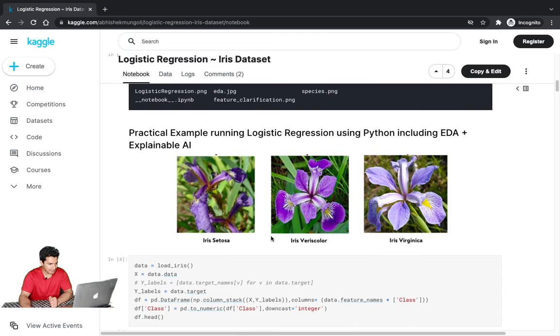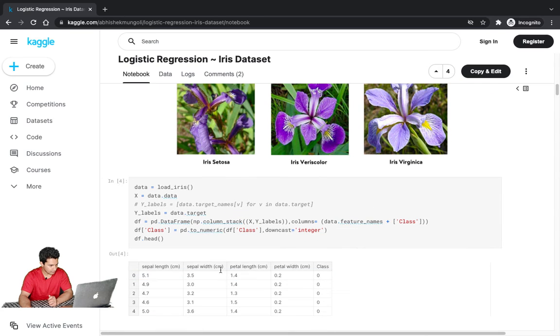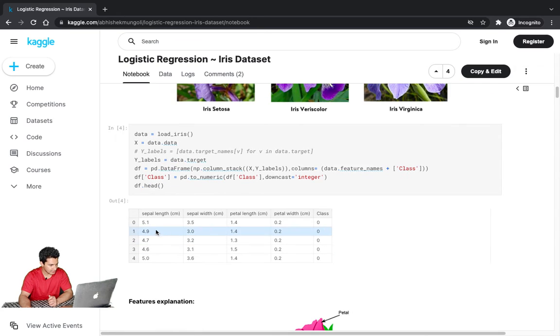First, we will read the dataset. The dataset is the iris dataset. Iris is a type of flower which has different hybrids like Setosa, Versicolor and Virginica, and the task is to predict which hybrid of iris it is, that is whether it's Iris Setosa, Iris Versicolor or Iris Virginica, depending on some features. So first of all we will do the load iris,